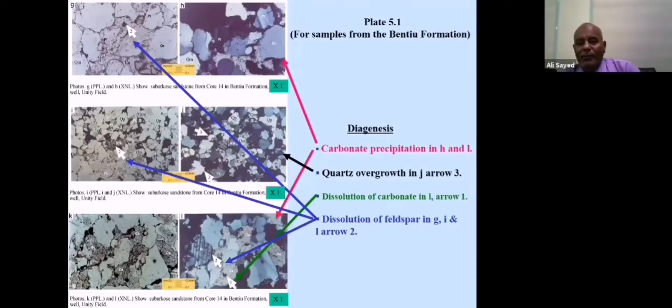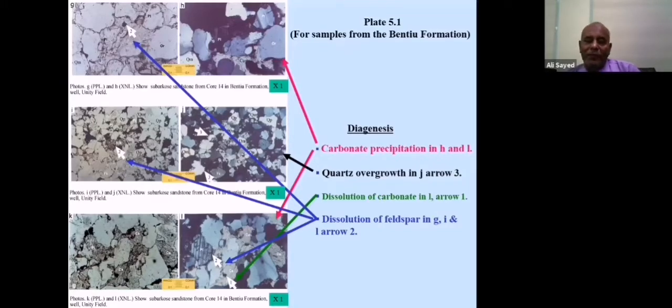You can see carbonate precipitation. You can see quartz overgrowth, dissolution of carbonate, dissolution of feldspar. We have a small, minor carbonate cement because, as I said, these are siliciclastic sediments. The dissolution of feldspar and carbonate gives rise to new secondary porosity, which